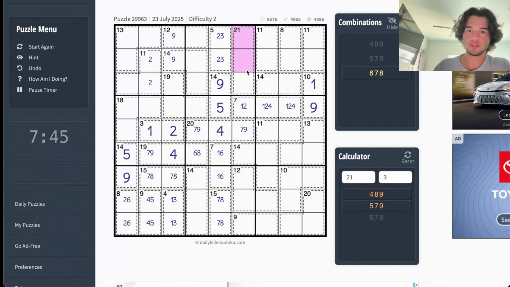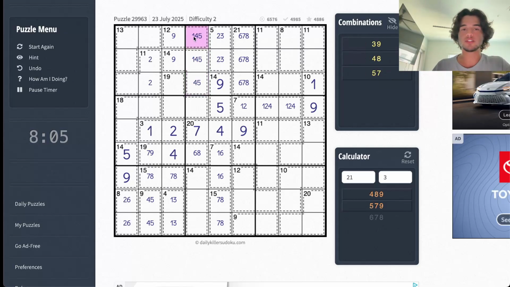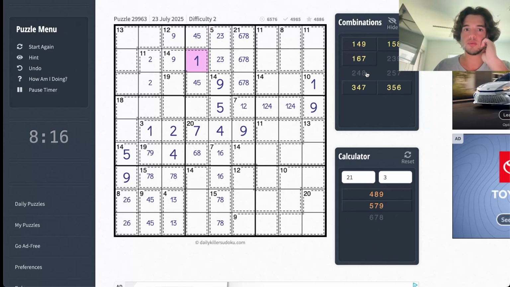So now we're left with 6, 7, and 8. You can remove the 7 there. You can remove the 9 there. And now, what else? We're left with 2, 3, 6, 7, 8, 9. So this has to be a 1, 4, and a 5 there, just by normal Sudoku rules. We remove the 1. This obviously can't have a 1 in it because 12 minus 1 is 11, which is not a digit. So that's a 4 or a 5, and now 1 can only go there. So now 1 has to go here,